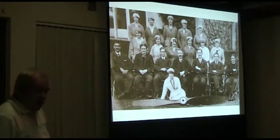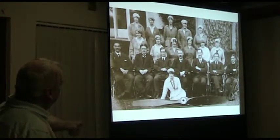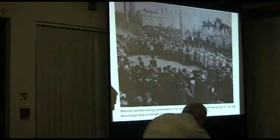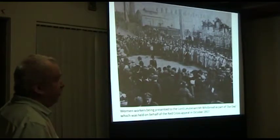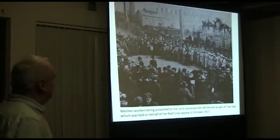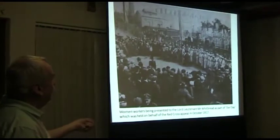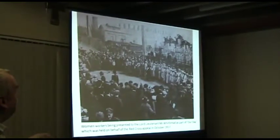And here is a picture from the aero division, a group of men sitting down the front, and a woman with a propeller, and another group of lady workers in the background. I used this for the picture on the flyer and the posters, and I said at the end of the last talk it was on Armistice Day, or shortly afterwards. But in fact, I've seen this picture in several different places, and normally the caption that goes with it says, on Armistice Day, the workers being thanked by local military,